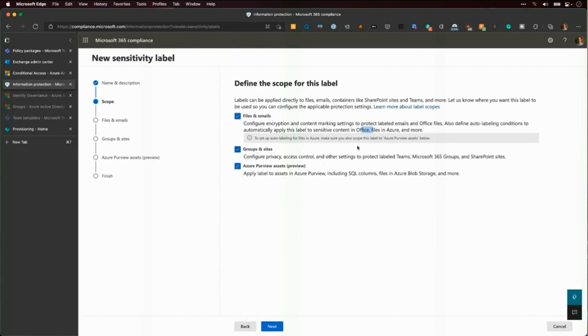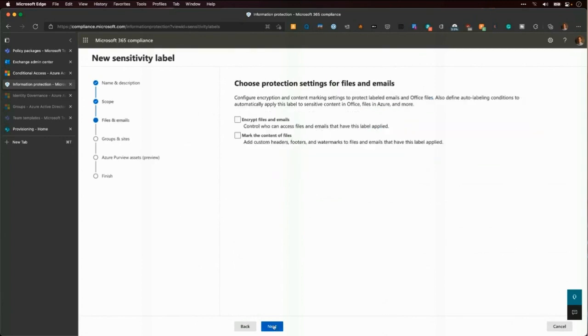Groups and sites. This is going to be protecting Teams, protecting Microsoft 365 groups, protecting SharePoint sites. Azure Purview. I have not used Azure Purview, but this even goes down into including Azure Blob Storage and SQL storage. I'm going to uncheck that one just for the sake of this demo, and then go next.